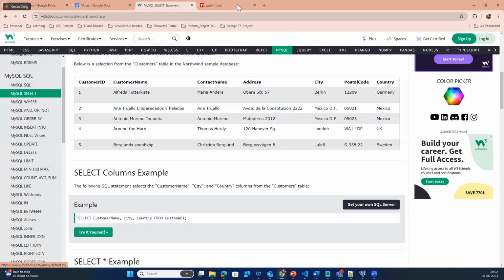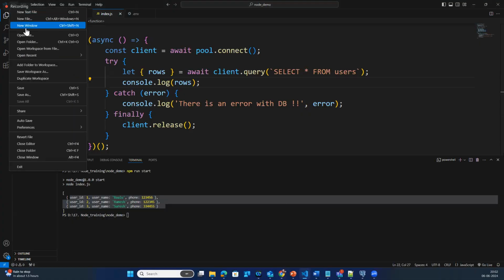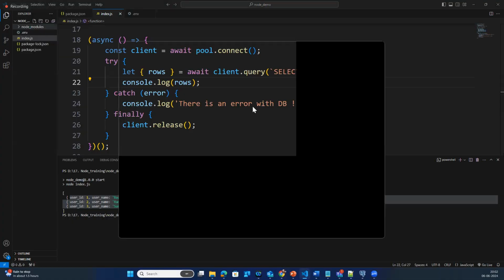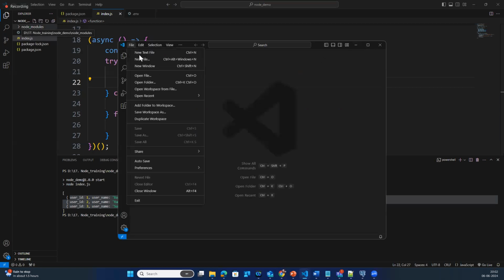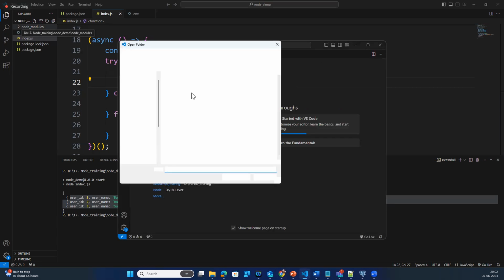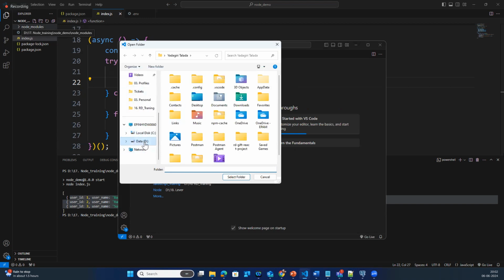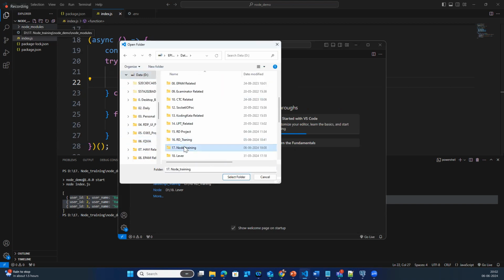Okay. So tomorrow, as I mentioned, I will go with the services part and I will write the services part this time. New window, file, open folder. B drive, training,